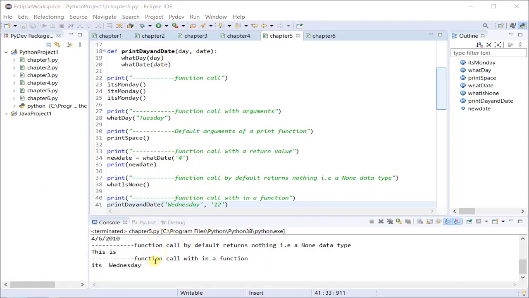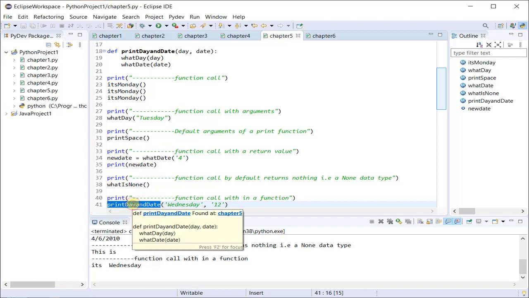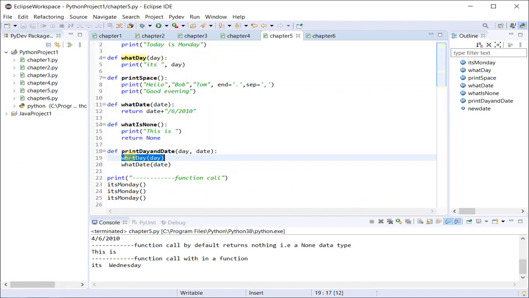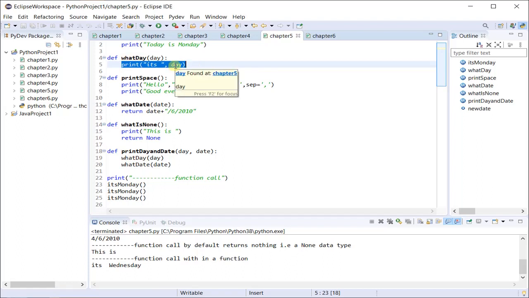So what happened here is, when the interpreter came to line number 41 for the function call of print day and date, it went to line number 18. It expected the two inputs, day and date. It got that. It then went to what day and printed the day provided, in my case Wednesday.